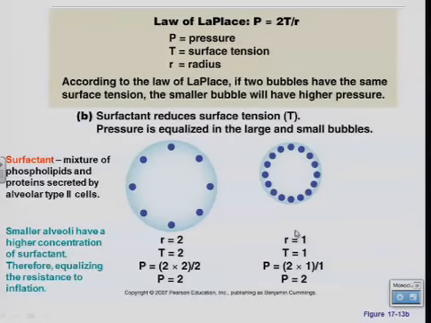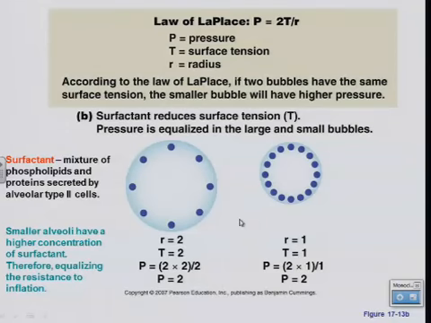This talks about the law of Laplace, surface tension. So make sure you understand that when we talk about surfactants secreted by the type 2 cells, it helps to normalize the differences in distension of the alveoli at a resting volume. So those that are smaller resting volumes have a higher concentration of surfactant, which decreases surface tension to a greater extent because of the higher concentration than in a large or more inflated alveolus. So therefore, it takes the same pressure to inflate both of these due to the presence of surfactant.